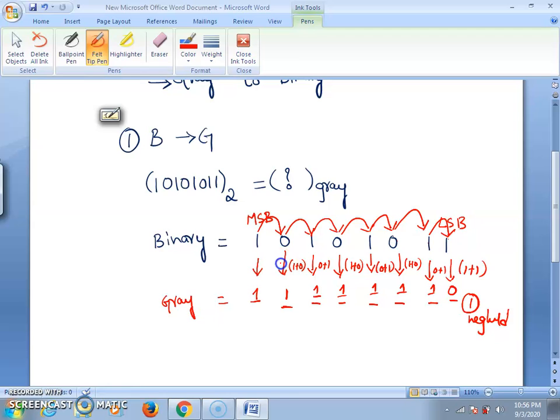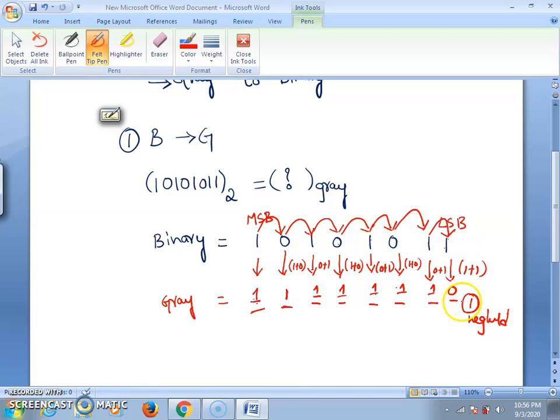So this is the procedure we follow to convert the given binary number into gray code. Once again I am explaining the procedure clearly. Please observe. The MSB of binary is written as it is in gray code also. This MSB is 1 and the gray code MSB is also 1. For the next digits, add the adjacent bits together. That means 1 plus 0 resulting 1. Again 0 plus 1 is 1, 1 plus 0 is 1, 0 plus 1 is 1, 1 plus 0 is 1, 0 plus 1 is 1, 1 plus 1 is 0, carry of 1.